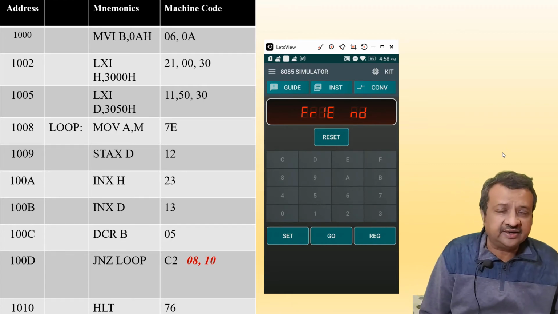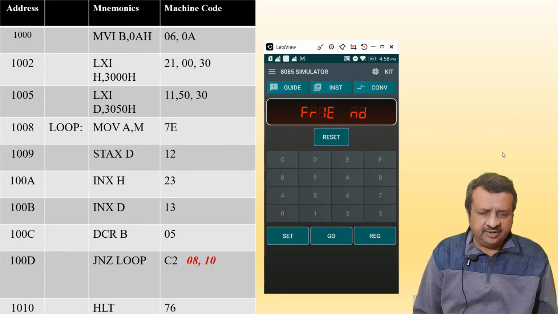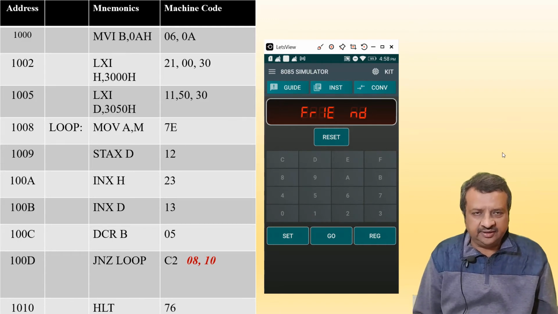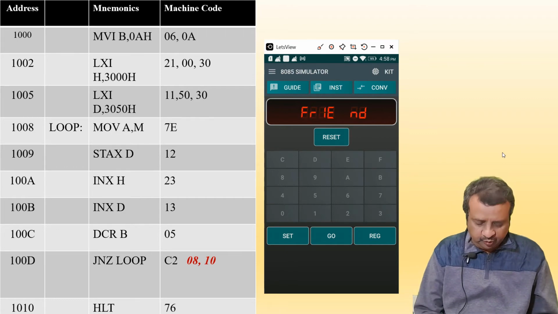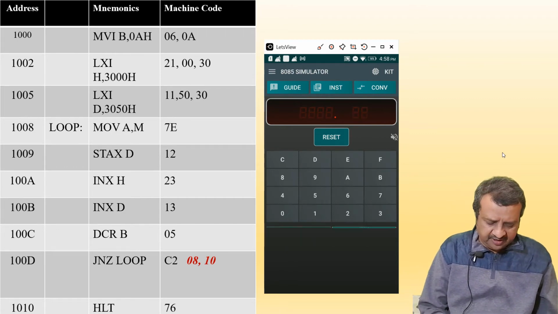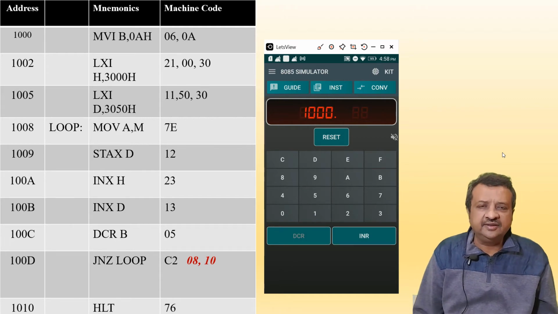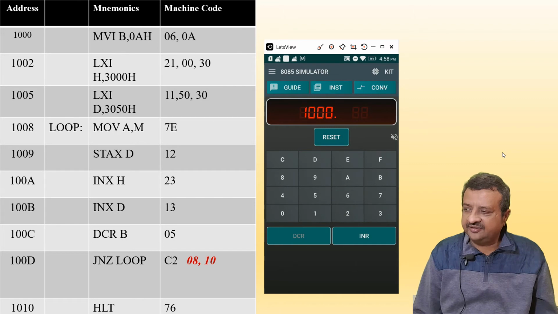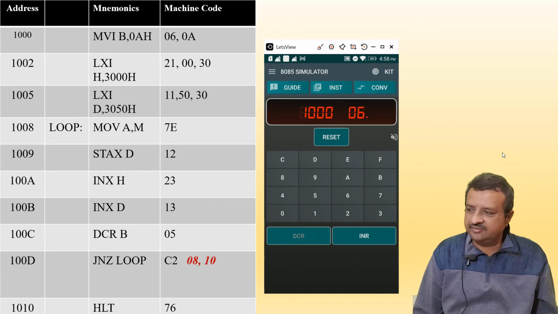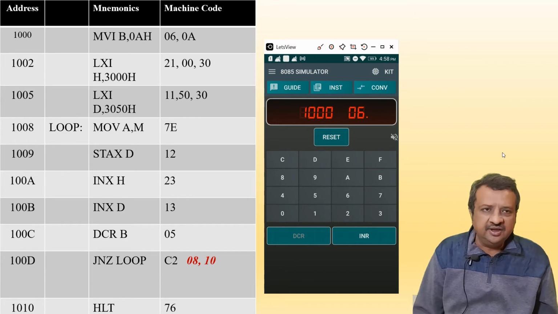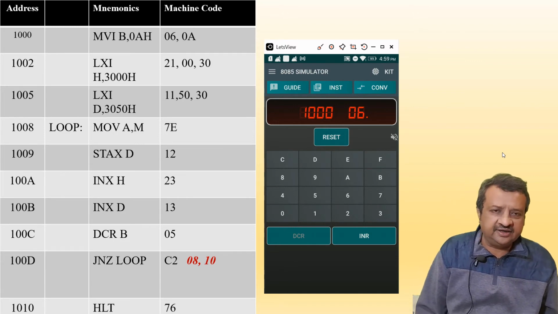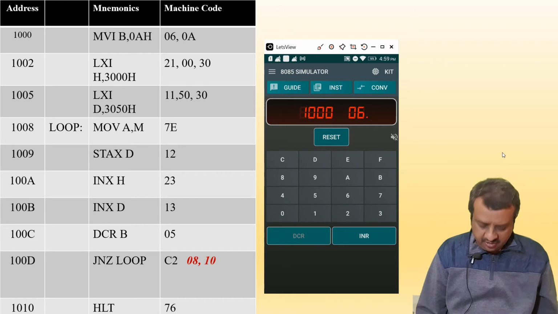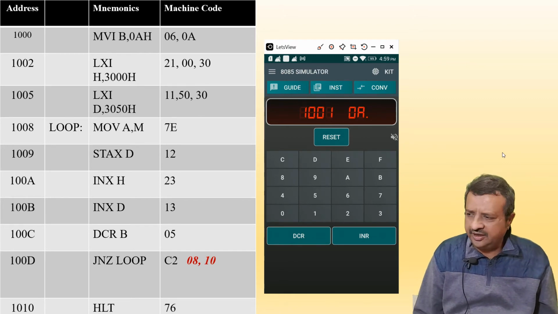First we need to enter the data in the memory of the simulator. So the program memory starts from 1000. So I'll press 1000, and you get the starting address of the program memory. Let us see what is there inside this memory. It is 06. You can see that I have already entered the data to save time. So it is 06, 0A,